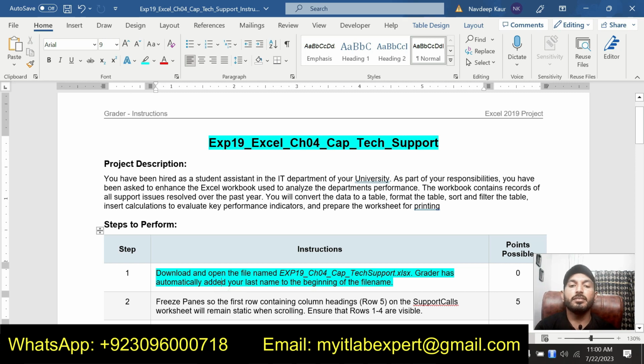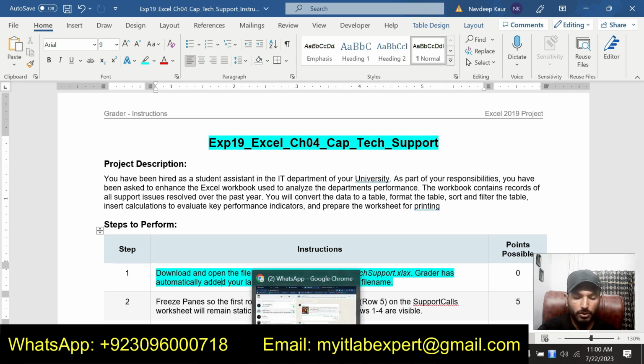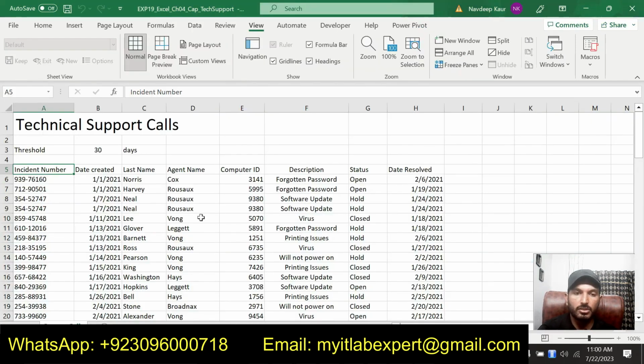Step number 1 is to download and open the file named EXP19 chapter 4 capstone tax code. This is the Excel sheet that we are supposed to download to solve this assignment, and you can download it from your My IT Lab dashboard. I have already downloaded it.